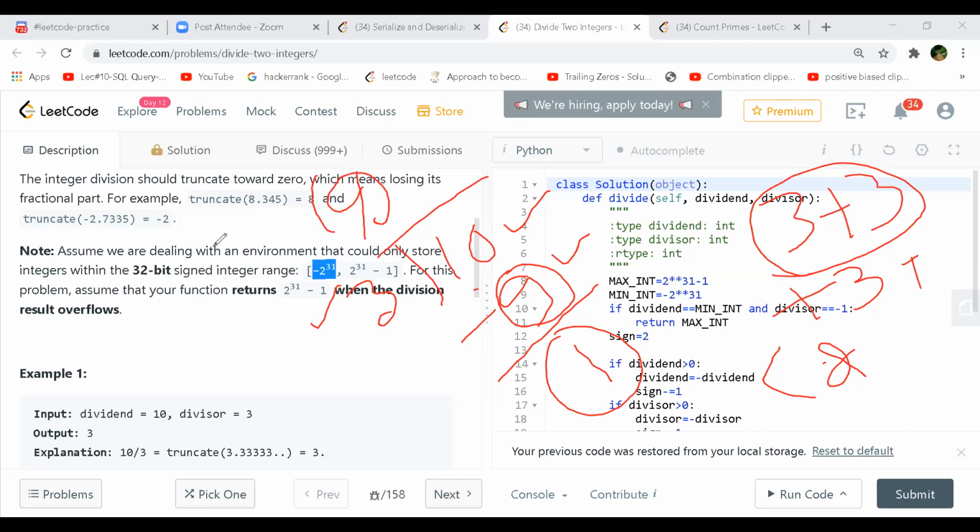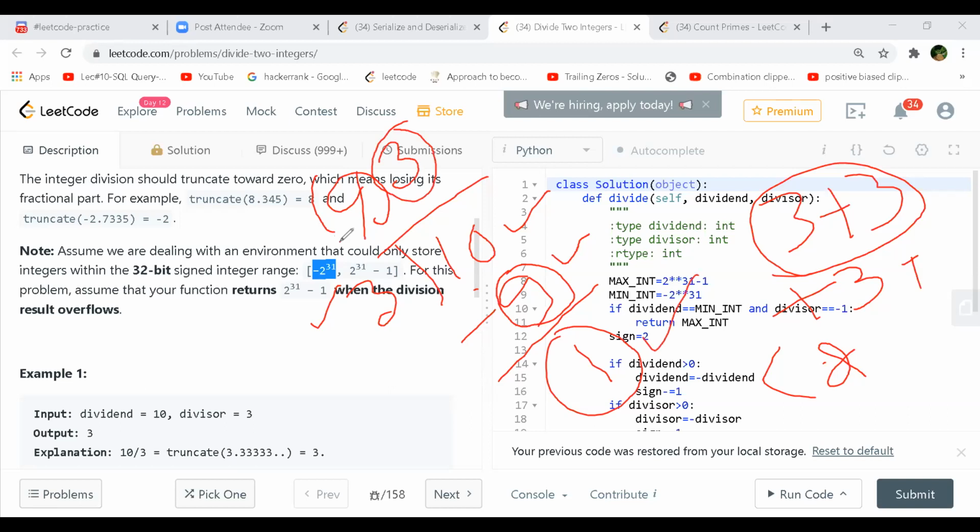As long as the dividend is greater than the divisor, we can subtract, 10 minus 3. How many times we subtract, we can count as the output. That will be your quotient. Like 3 threes are 9, as long as you get a positive value.